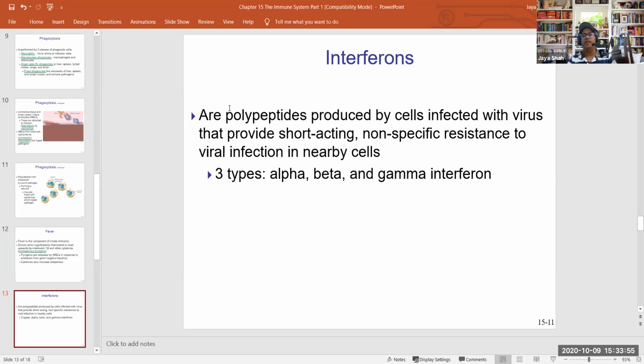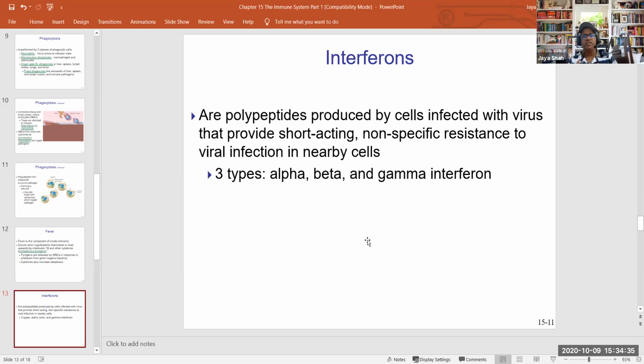Another component of innate immunity is interferons. So interferons are polypeptides produced by cells infected with a virus that provide short-acting, non-specific resistance to viral infection in nearby cells. And they are three types: alpha, beta, and gamma interferon. So when you have infection with a virus,